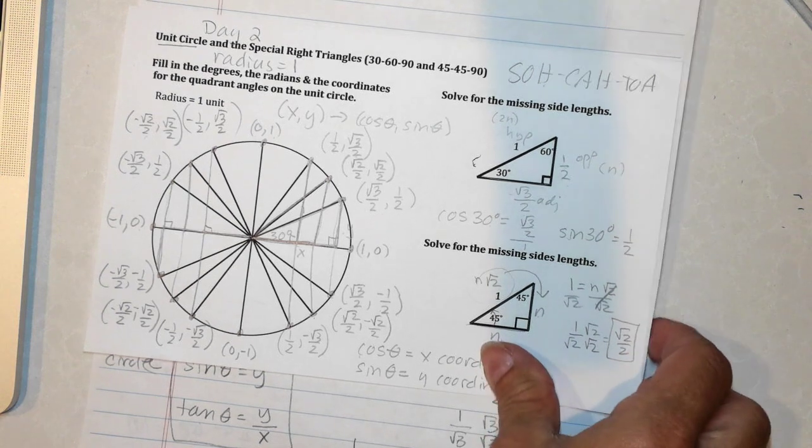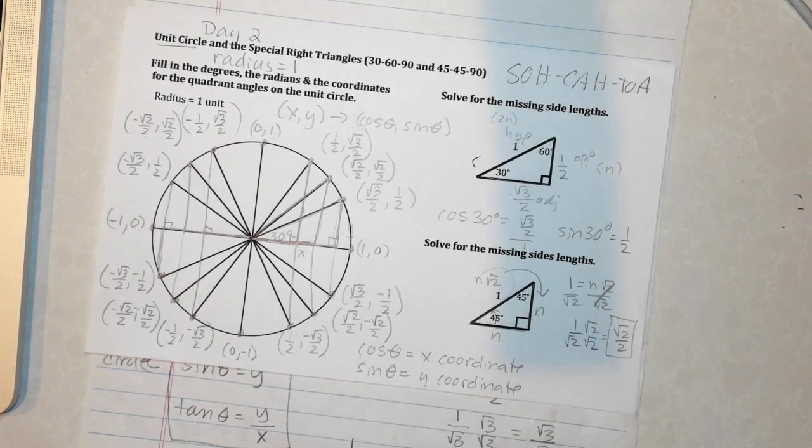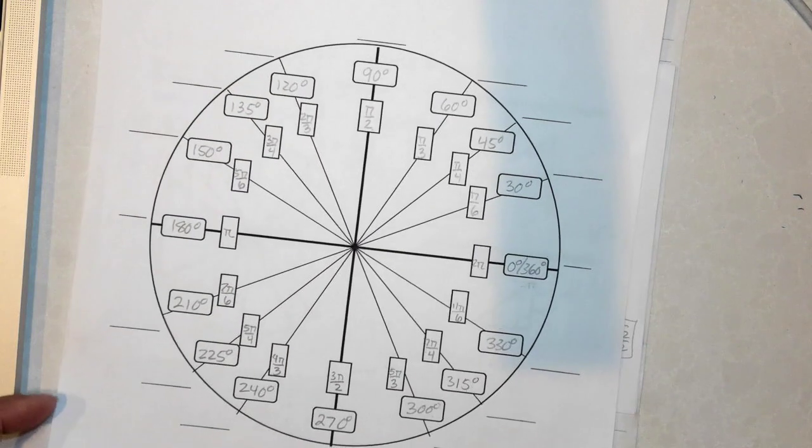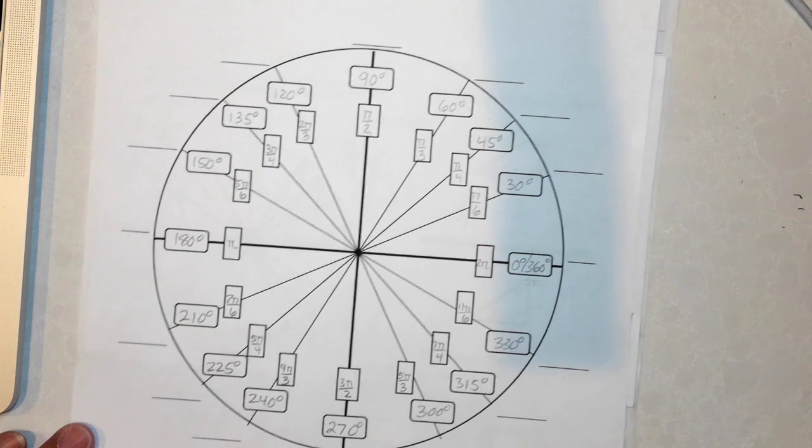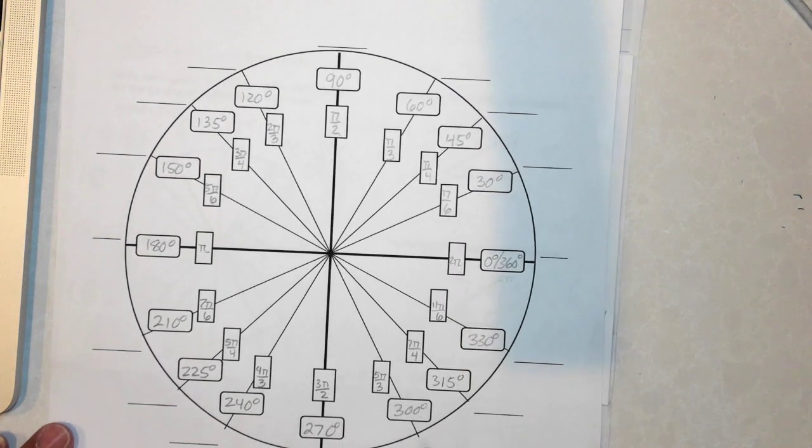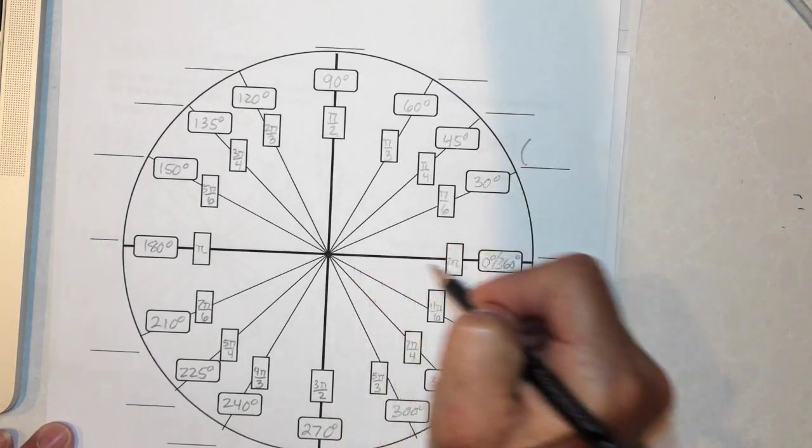All right, that is probably a lot of information for one day. Hopefully you were able to take that in and it's good enough to help you get through that portion of the homework. If you need a little refresher on how to fill in these radians and degrees, you could go back and do that. If you want to practice on your unit circle from yesterday,